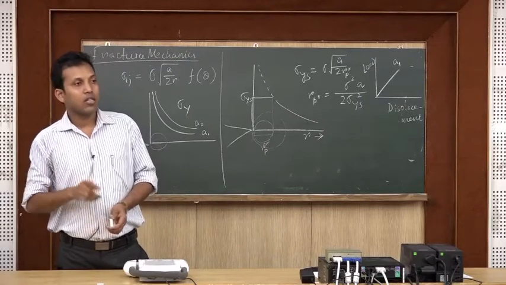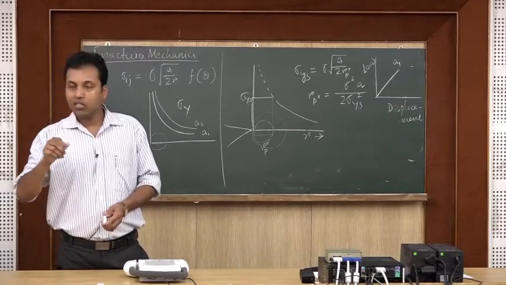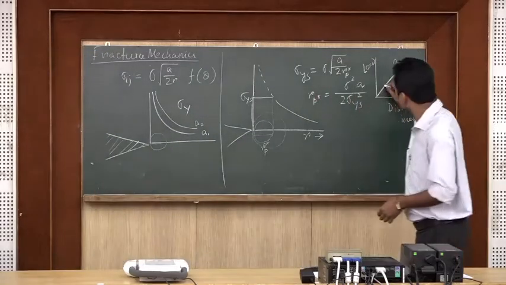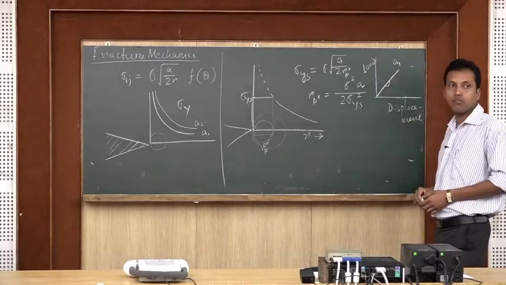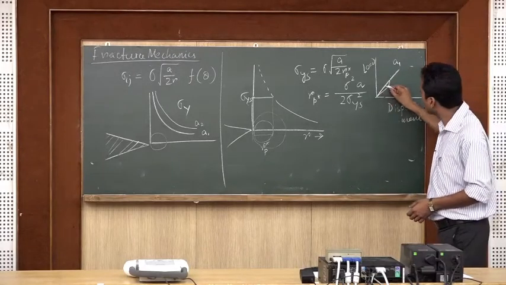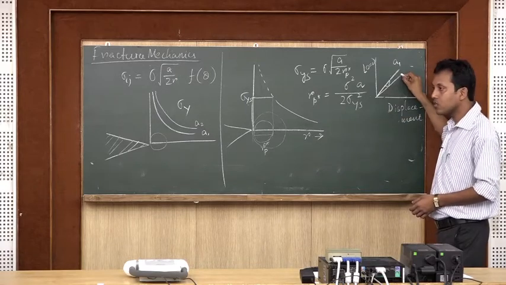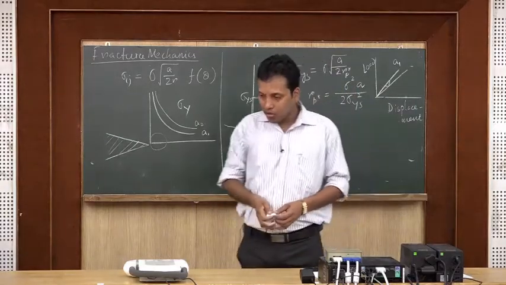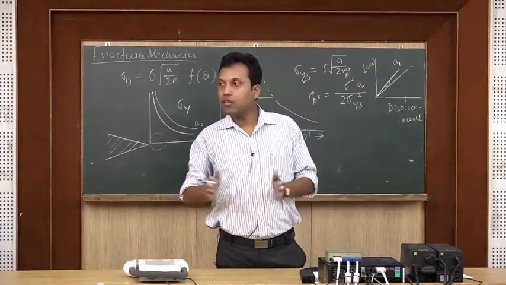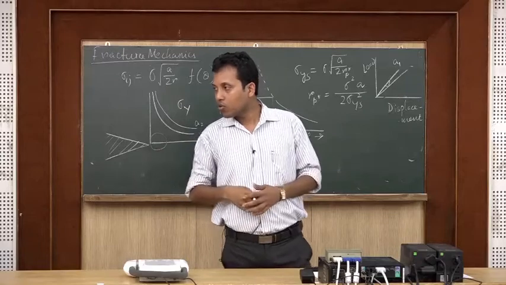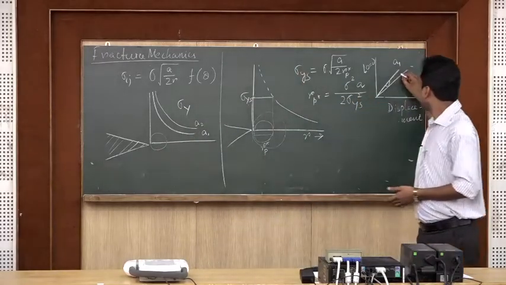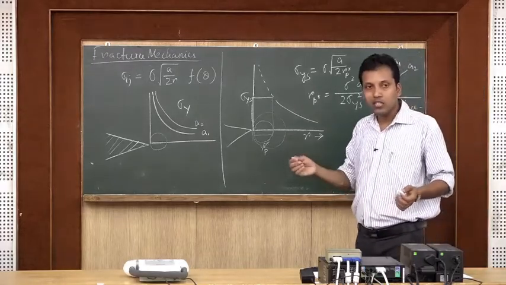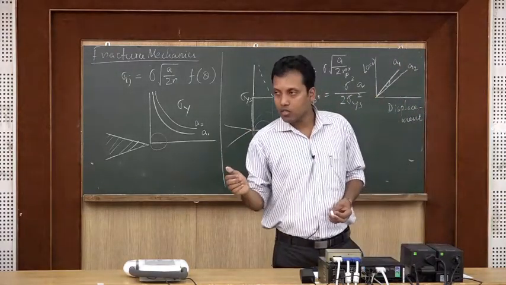Stiffness means what? We know the elastic modulus is this. So, reduction in stiffness means what? Now, I have to have some lesser slope to the initial curve. So, when is a lesser slope possible? When I have a larger crack length. So, the only thing I can assume from here is if the crack length increases, then the stiffness reduces.